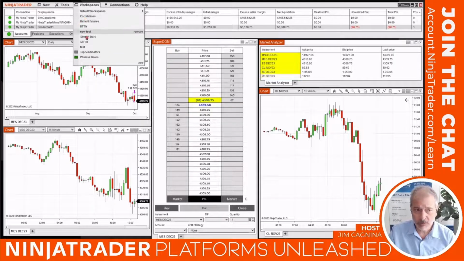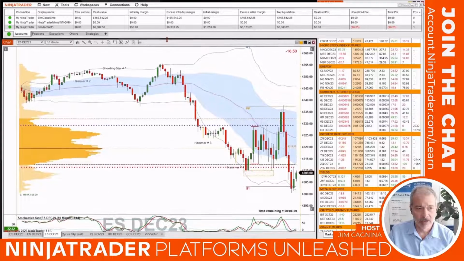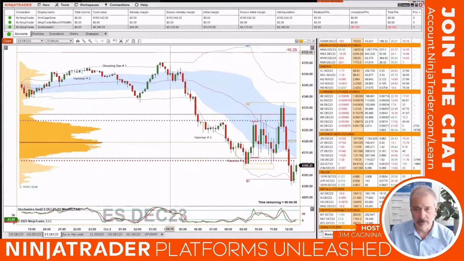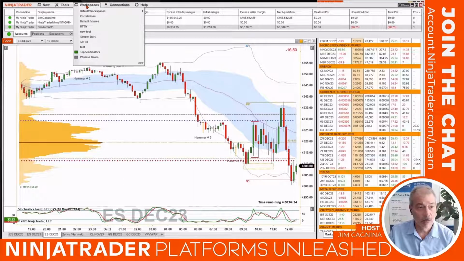So you could have multiple workspaces. You could toggle back and forth here. Let's do it real quick. I'm going to click on top 5 indicators, and this is my main workspace right here, right? I'm logging into it right now. Again, I'm going to reformat the windows a little bit later on, but this is basically what it looks like. If I want to toggle back, I'm going to go to workspaces, and I'll go back to